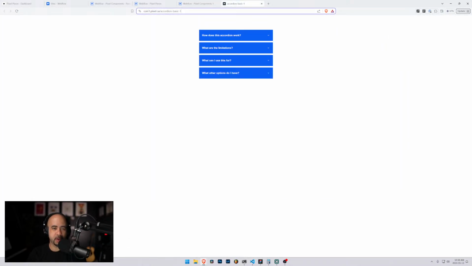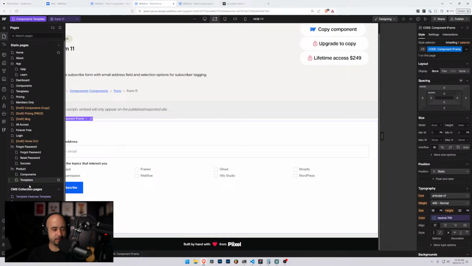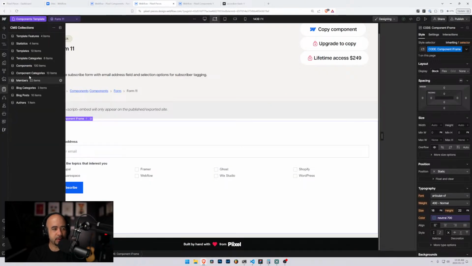This is a page where I just put it on, like it's just published. So this URL now is going into our actual database here. If we go back to, do we have Piixel Pieces here? Yeah, we do. So if we go into our components,